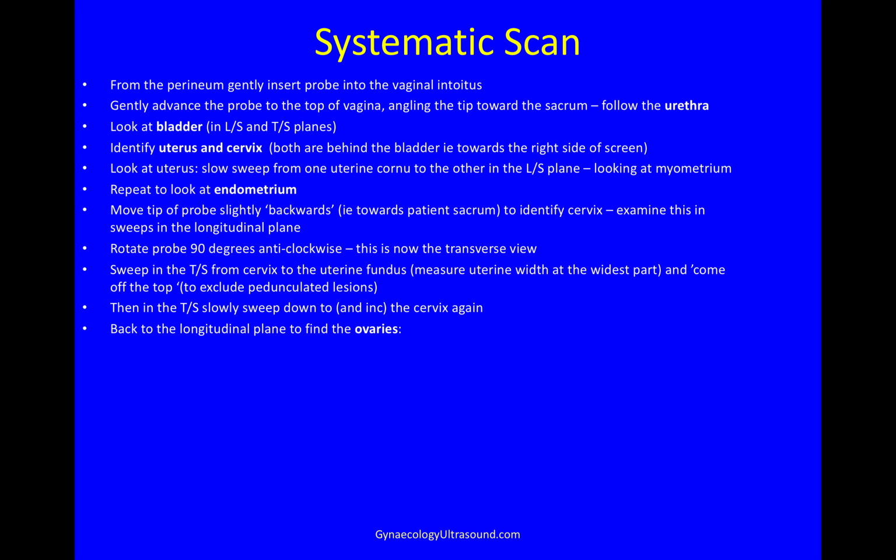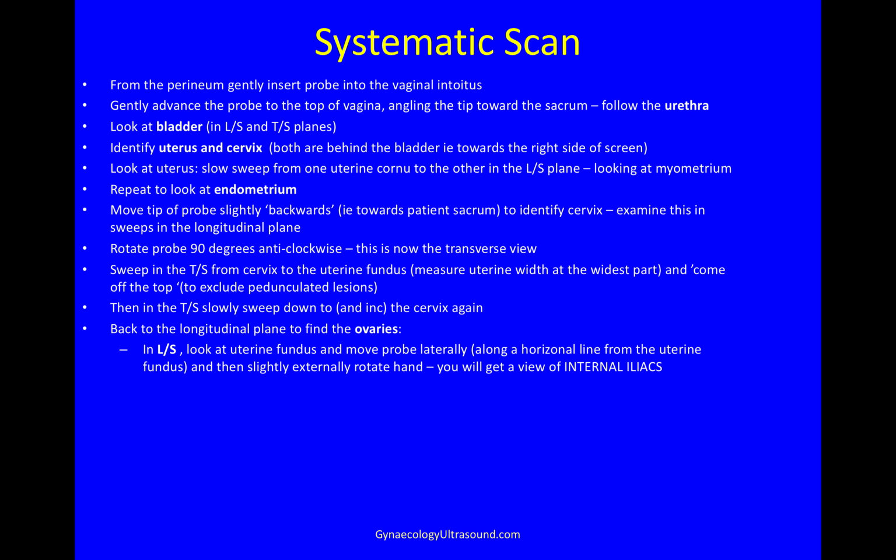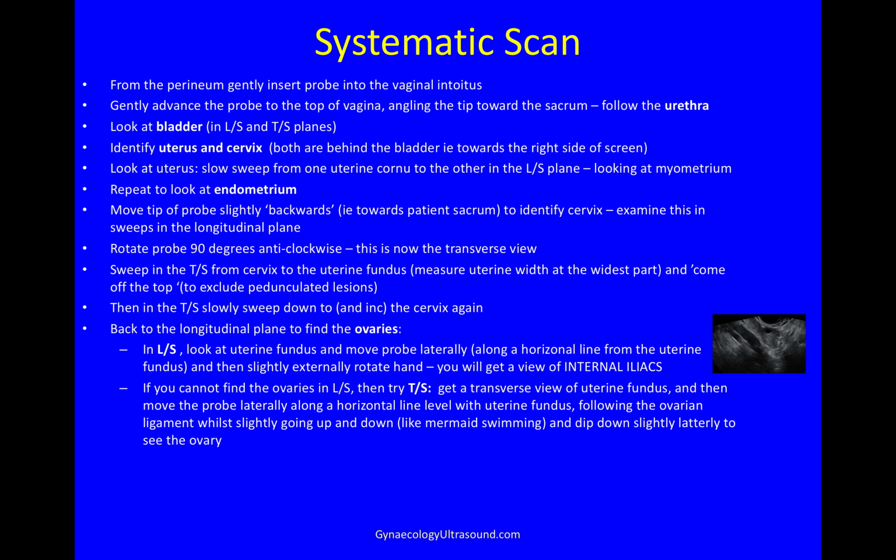I go back to the longitudinal plane to find the ovaries. So in the longitudinal plane, I look at the fundus and I aim the tip of the probe at the uterine fundus. And then, keeping my elbow still, I move the probe laterally along a horizontal line from the uterine fundus. And then just at the end, slightly externally rotate my hand, whether I'm doing the right or the left side, slightly externally rotate my hand, and then you will get a view of the internal iliacs. This is the view you'll get,